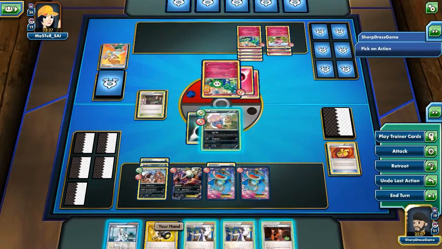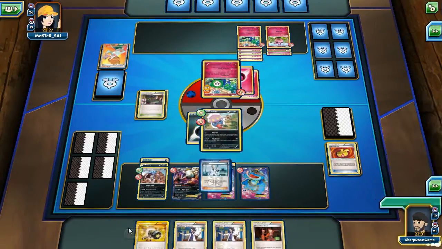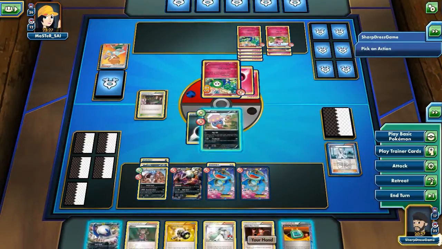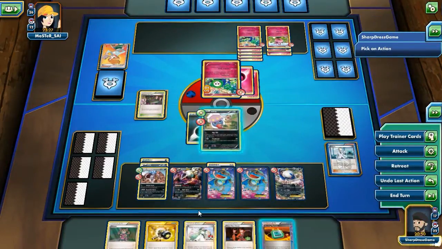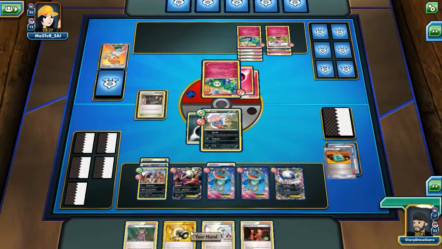Let's attach our Darkness Energy we did just pull off of the Inkay. And I could Team Flare Grunt here, but the Xerneas won't die to a Quaking Punch unless we get another Muscle Band off of the Chorus that I did just play. We did grab a Dowsing Machine, which would actually allow us to get a Muscle Band. I don't know that it's needed right now. Actually, we might as well. Let's Dowsing Machine away the Enhanced Hammer,